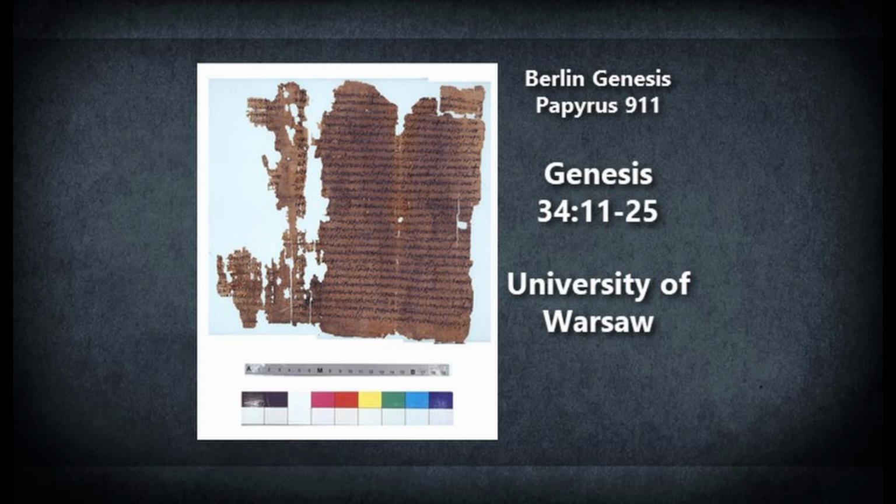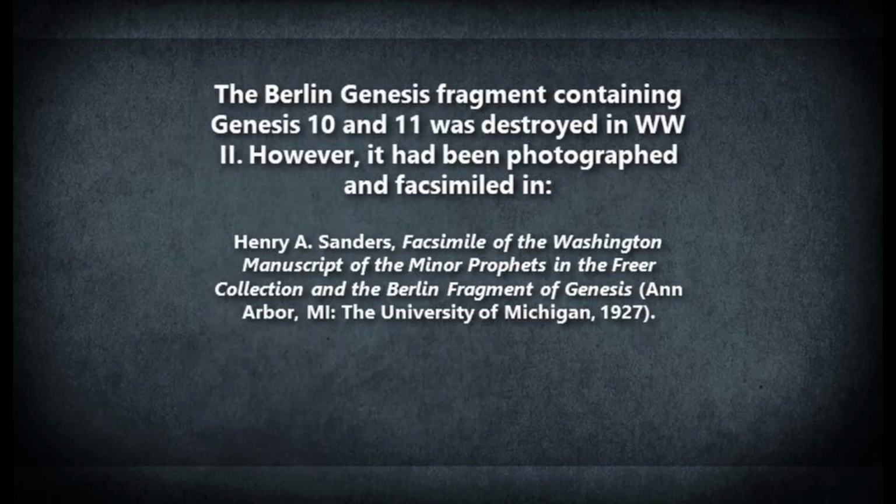Now, the unfortunate thing is that the fragment that contained Genesis 10 and 11 was destroyed in the Berlin Museum during the Second World War. But fortunately, there was a scholar at the University of Michigan, Henry Sanders, who had photographed and facsimiled it. So I contacted the Berlin Museum and found out that it had been destroyed. Then I contacted Michigan to see if they had pictures or,